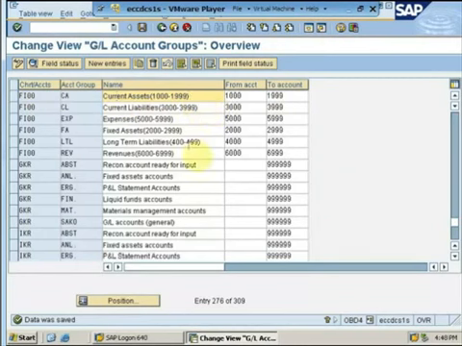Now, in order to understand what a chart of account segment and a company code segment is: any data that has any property of a GL account which is at a client level is known as a chart of account segment. Which means that if this chart of accounts FI00 has been assigned to multiple company codes, the data defined under the chart of account segment would remain the same for all the company codes. For example, the short text or the GL account long text.